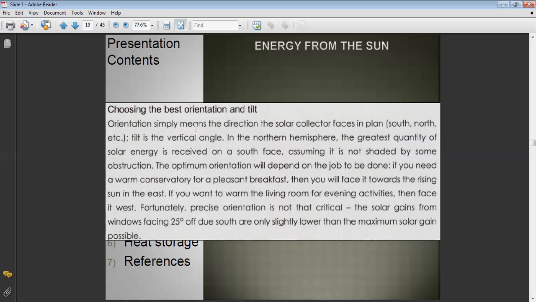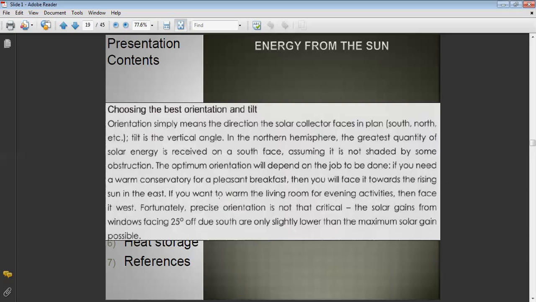The tilt which we are going to use over here will be either for the solar geyser or for the solar panels only. In the northern hemisphere, the greatest quantity of solar energy is received on a south face, assuming it is not shaded by some obstruction. The optimum orientation will depend on the job to be done. If you need a warm conservatory for a pleasant breakfast, then you will face it towards the rising sun in the east, obviously. And if you want to warm the living room for evening activities, then face it on the western side. So from the east towards west via south is the solar path,